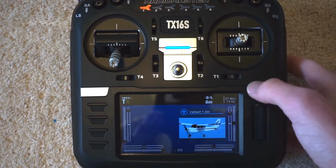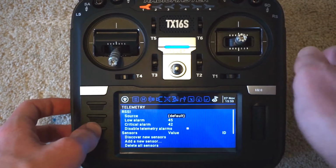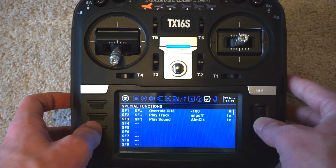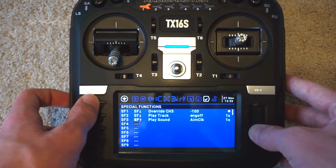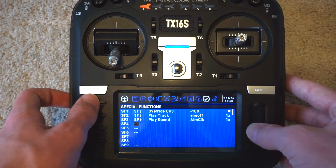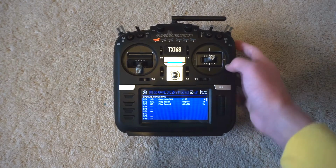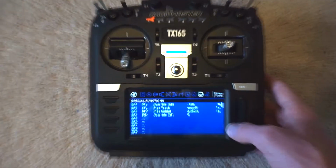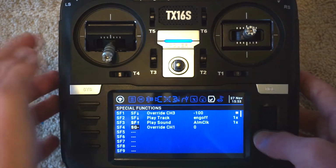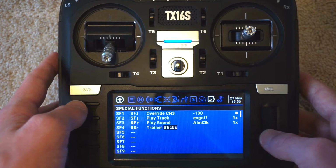First, we're going to go into model setup, and this is going to be creating the trainer switch. So we're going to go to model setup, scroll over to special functions, scroll down, select the new special function, and assign it to a switch. And again, on a 3-position switch, it's only one position per function. So we chose the neutral position of a 3-position at the top, and we're going to scroll over so the